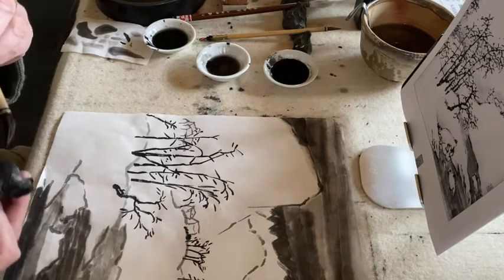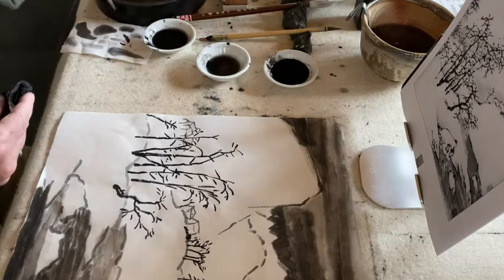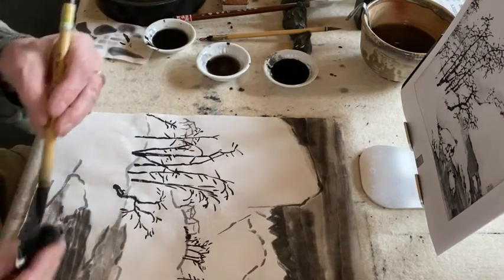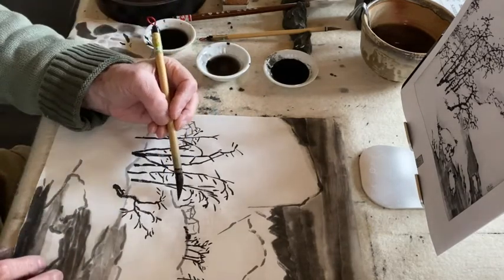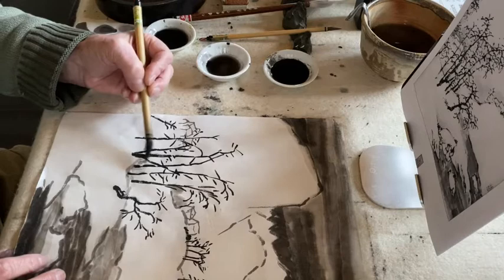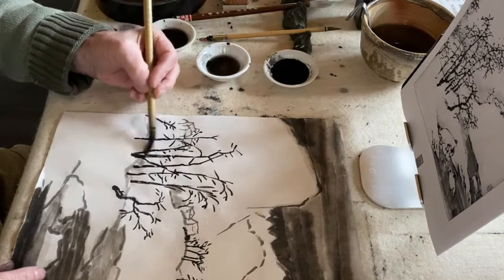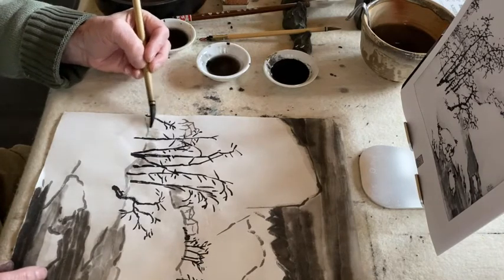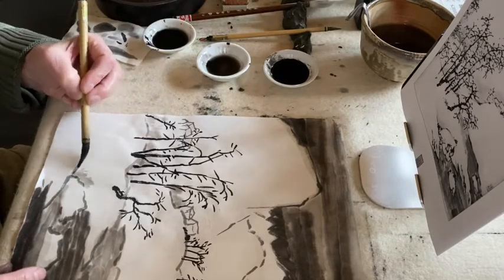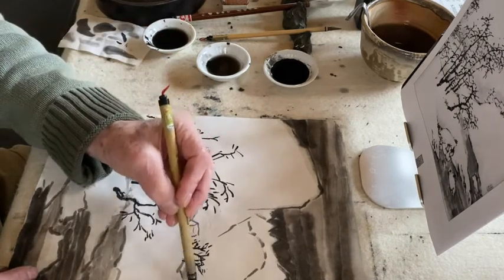Then, with our lightest ink, I'm going to dry this a bit more, just a bit of shadow here, whether it's snow embankment or something else. Put a little more water in here, but again along this outline, just to add a little more depth and shadow. Some behind these trees here,